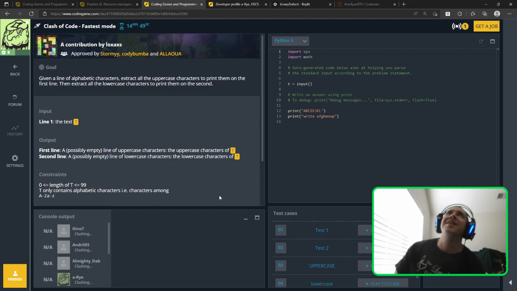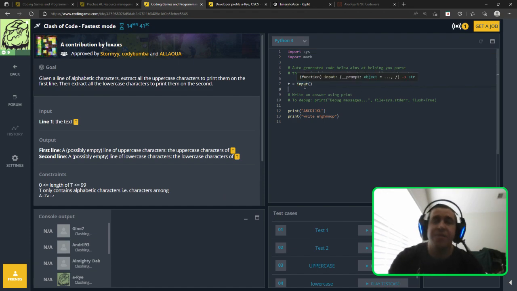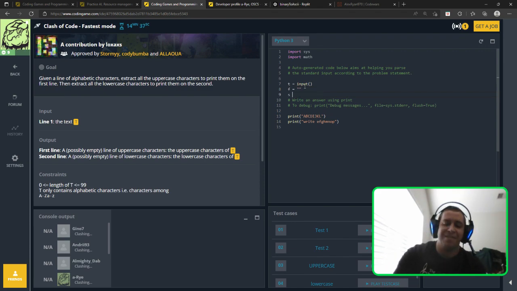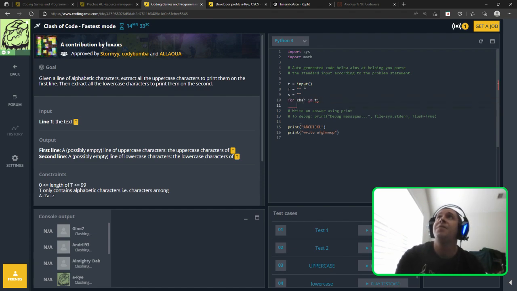Sorry. Given a line of alphabetic characters, extract all the uppercase characters to print them on the first line. Then extract all. All right, this is the do first. This is the same thing we just did. Second, I like gimmies. For char in T, if char dot is upper,